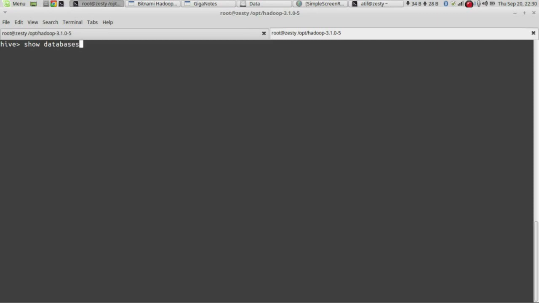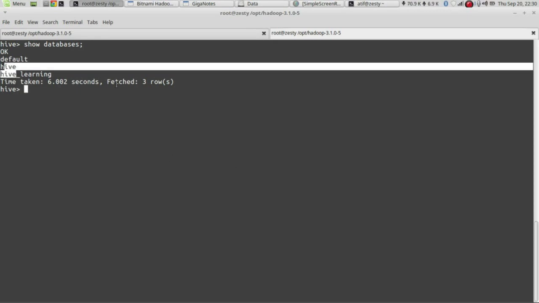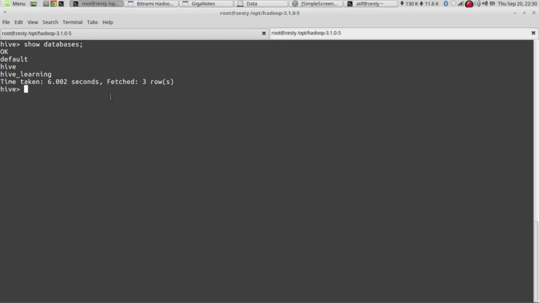So, show databases. You can see 3 databases are available. So let's create a database. Create database, and let's name it db3,